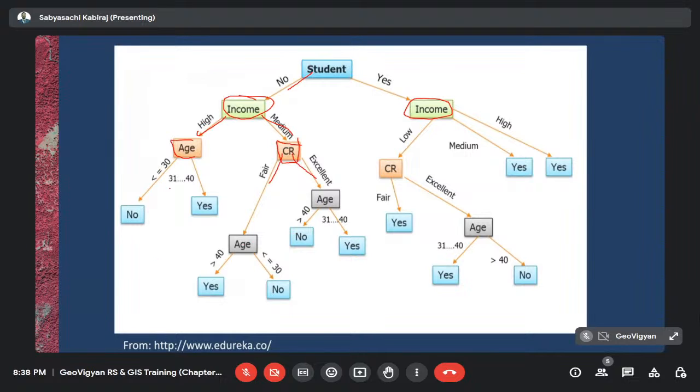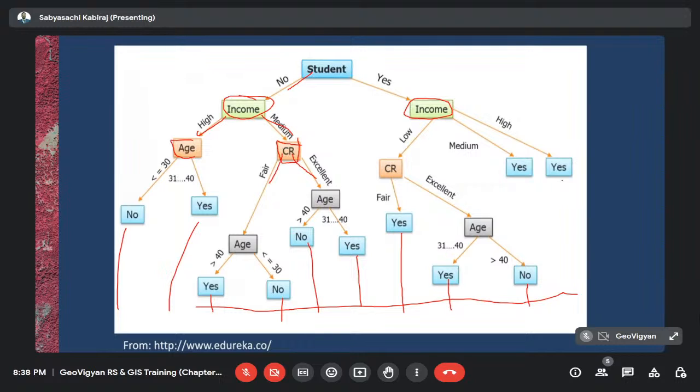So likewise it will proceed, and finally you will get this kind of result. So here you are getting no, here you are getting yes, you are getting yes, here you are getting no. So likewise you will get the final result like this. And finally based on the voting performance, what the majority is saying, that only will be the final decision. Okay,